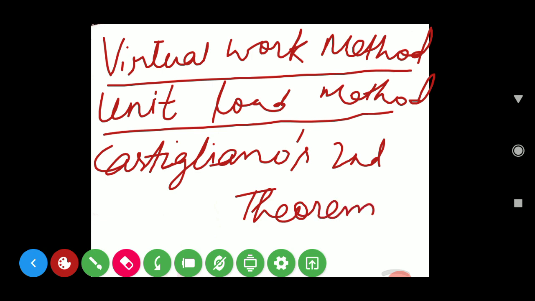second theorem. Okay, so whenever a question in your semester asks you to solve a particular question from a unit load method or virtual work method or Castigliano second theorem, then it all means the same. You have to carry out the same process. So actually, we will be calling it the unit load method. Okay,